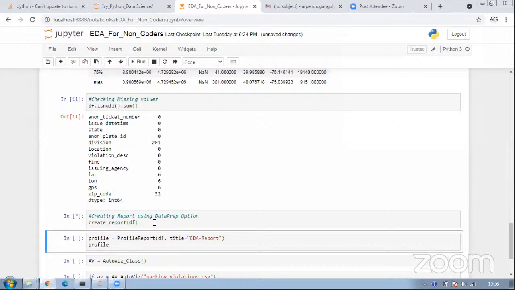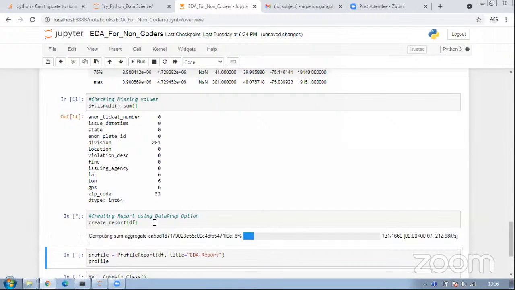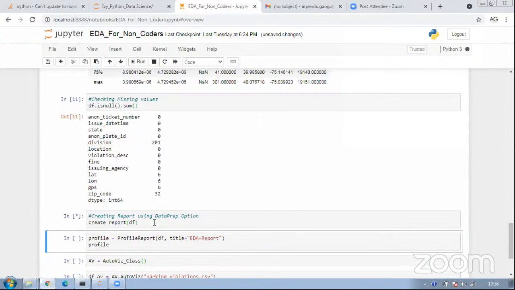Okay, so let's give it some time. This is where it will try to give us an inference, or generate a lot of insights based on each of the variables. Let it pop up, and we will see how handy this report can be, instead of writing separate code for separate variables and doing a lot of visualization for each of them, right?